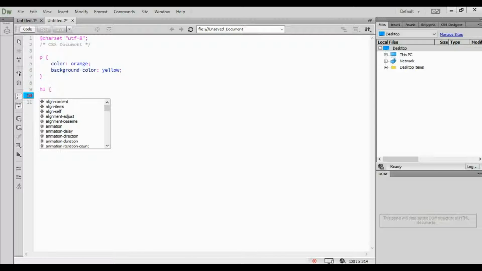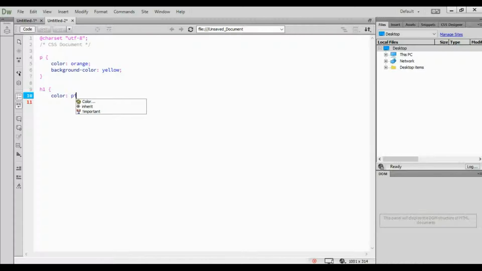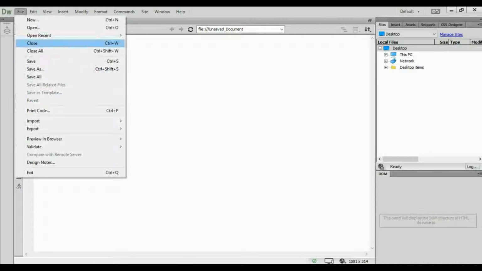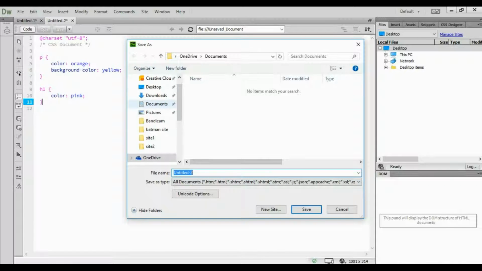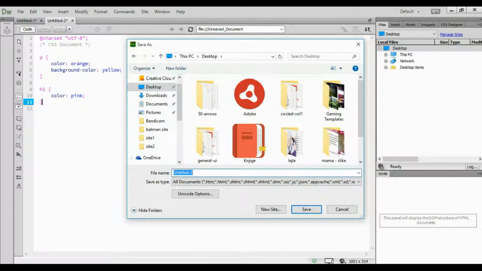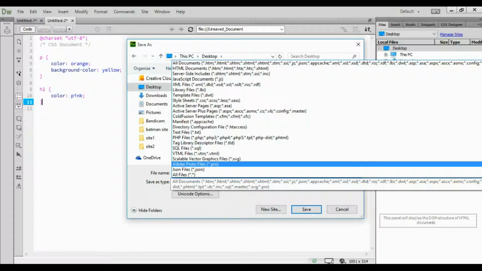H1, let's see, color should be pink, whatever. So let's go file, save as, go save it wherever you want, CSS1, all documents, let's go and